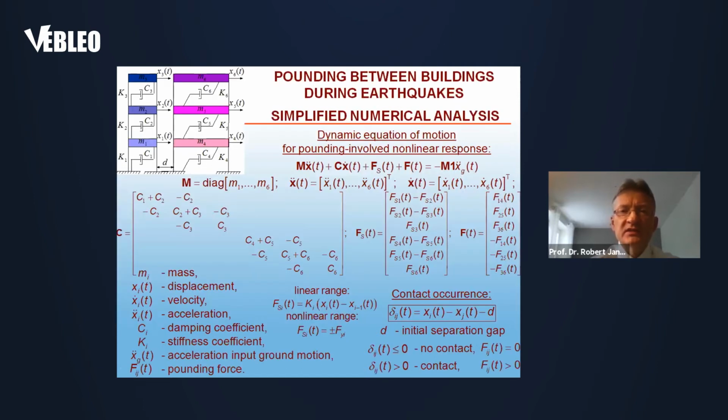Further analysis can be conducted for more sophisticated models, but still quite simplified with lumped masses. Let us have a look, for example, at the analysis of collisions for pounding between 3-story adjacent buildings. The one on the left side is relatively flexible and light, and the one on the right side is heavier and stiffer. This is the dynamic equation of motion, which can be used this time for the nonlinear response of such